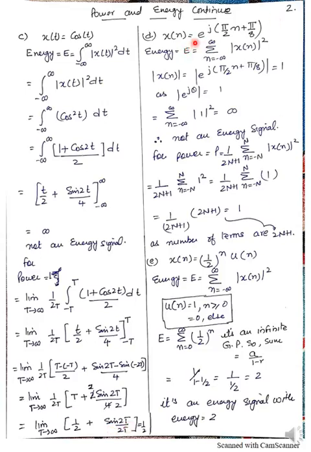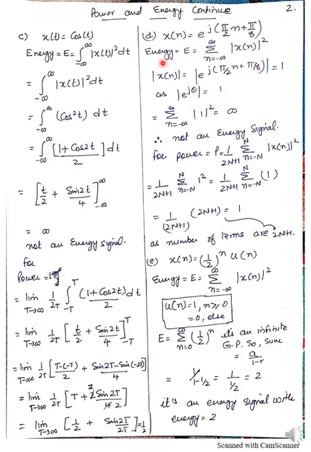Now the next question is based on a discrete time signal, and you have to find the energy of the signal. x[n] equals e raised to the power j pi by 2 n plus pi by 2. Whether the signal is a continuous time domain signal or a discrete time domain signal, if the signal is a complex exponential signal, then the magnitude of that signal will always be equal to 1. So that basically reduces our problem to this point, that the magnitude of e raised to the power j theta equals 1.